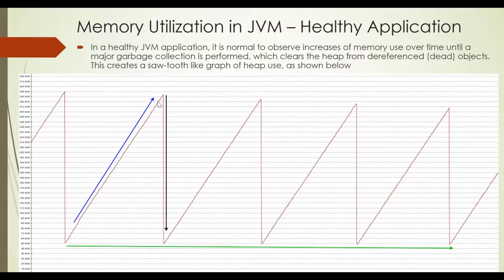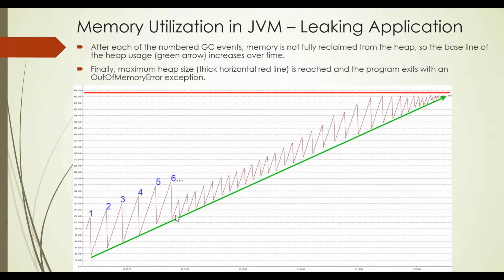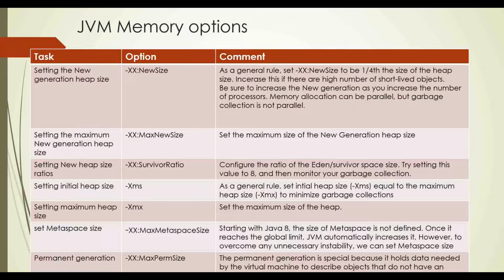Okay, so this memory, when it's used up to 200 MB, and again after the GC cycle it came down to the same starting point, 50 MB. But that is not the case with this. After every GC cycle, the reclaimed bytes shrink. So this is how we identify a memory leak in the application. Now there are different memory options available.